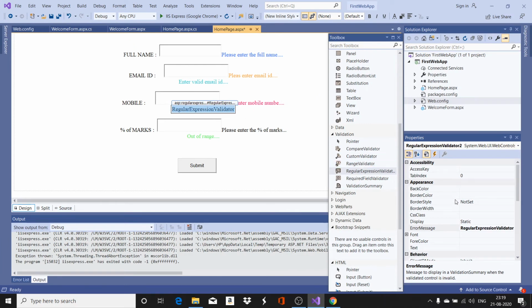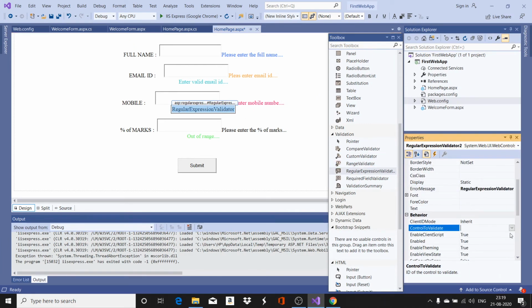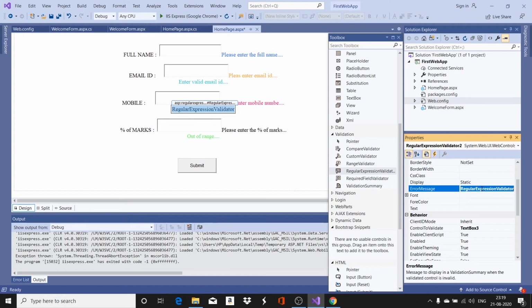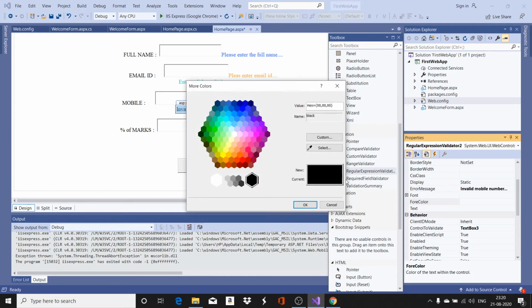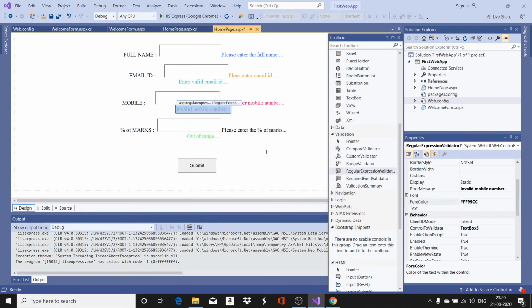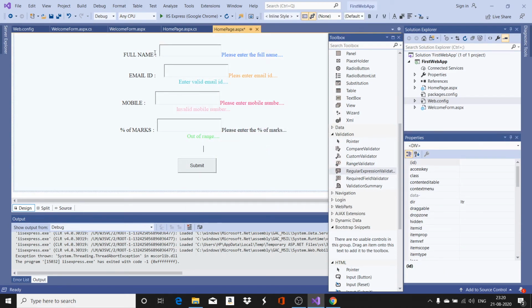As usual, we go for adding control to validate, which is text box 3, and say it is invalid mobile number. If you want, you can take some color also. Okay, I have added a color also.